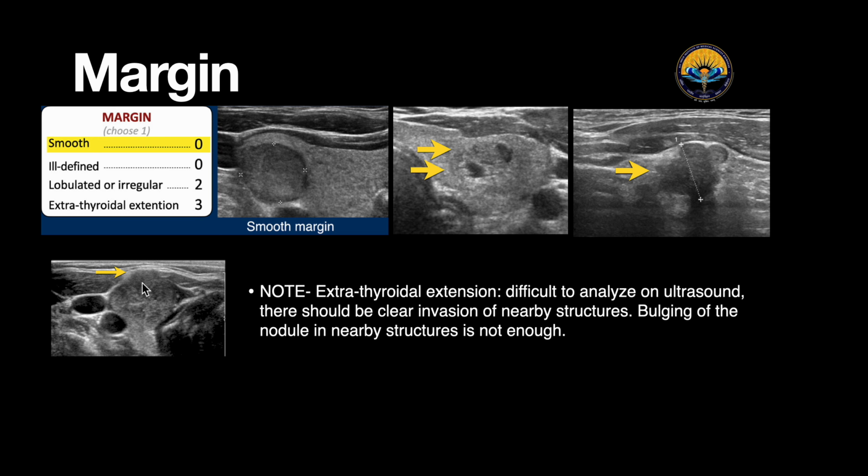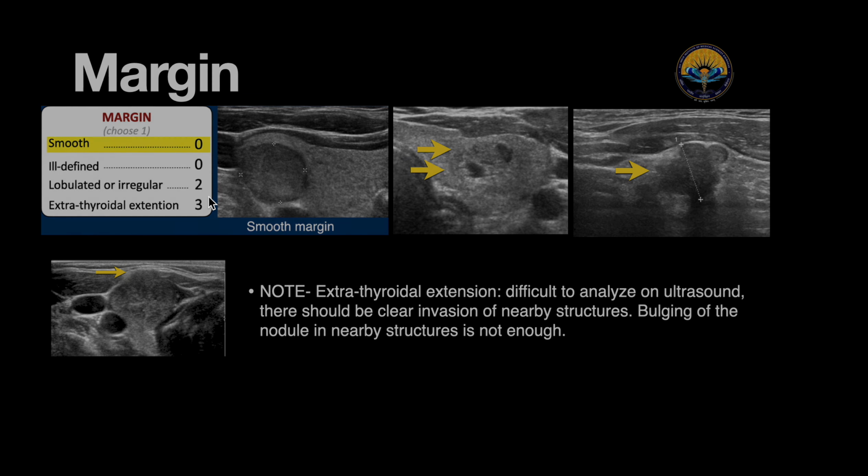It should be noted that it may appear like it has extended into the thyroid, but we can see this clear cut boundary. It is compressing on it, but not extending into the surrounding tissue. If it's extended into surrounding tissue, then we give it a score of 3. So for margin, smooth or ill-defined margins, we give a score of 0. For irregular or lobulated margins, we give a score of 2. And for extension into extrathyroid tissue, this is not an example of extrathyroid extension, but if there is, then we give it a score of 3.